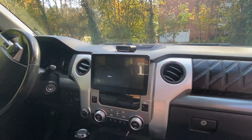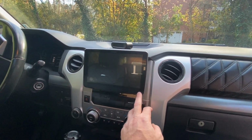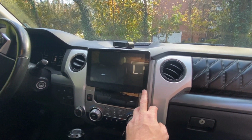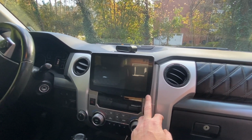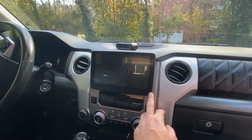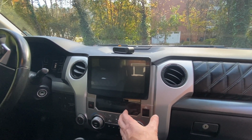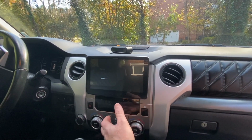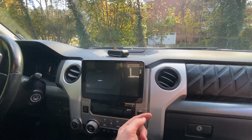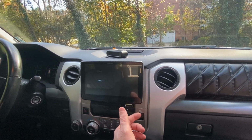Now, this has been a great mod too. This is the most expensive mod I have. This was $781 at the time I got it. This is an Alpine Halo 9 iLX-F309. I think for about the same price you can get the F409 right now, which I assume is the same. That was a mod that was $781, and then for $220, and it came in right at $1,000, was to get the Maestro iDatalink that went with this,